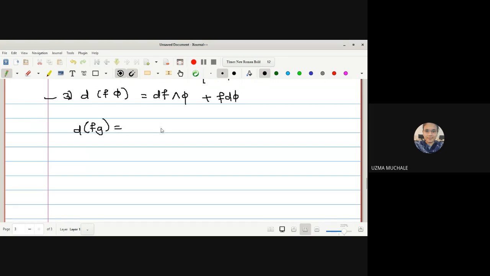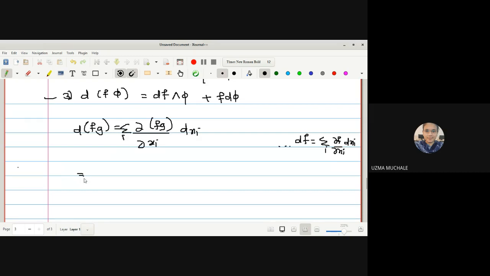So what I will do for this one, now if we remember one theorem, that any df can be written as summation over i of dou f by dou xi dxi, where i is running over 1, 2 and 3, correct? So f into g भी एक real valued function ही होगा ना. If I am writing this for any real valued function, d(fg) के लिए भी वो real valued function ही होगा ना. Yes, ma'am. So can I write the same thing here, dou by dou xi dxi? Instead of f, I have to write down the product of these two. Okay.